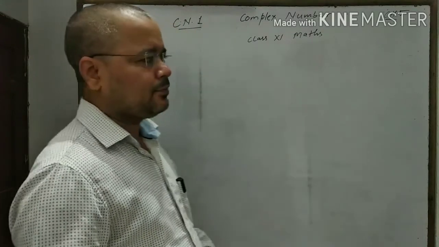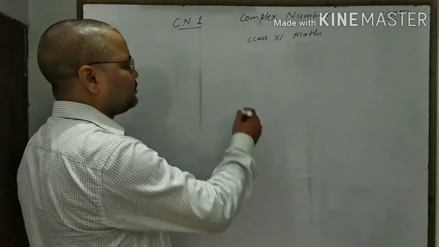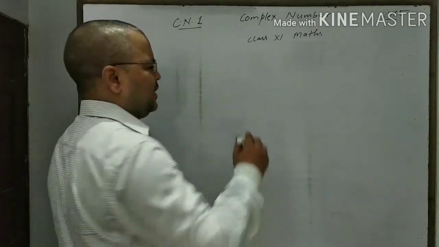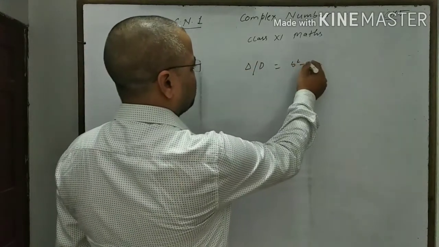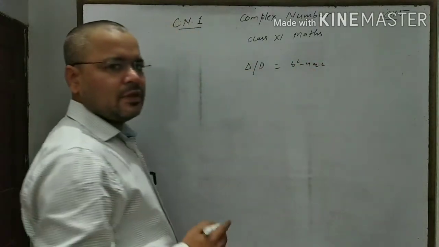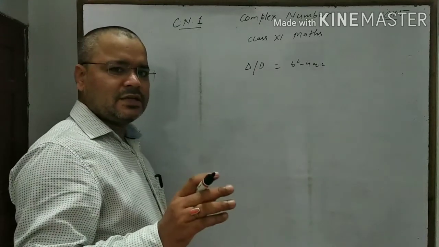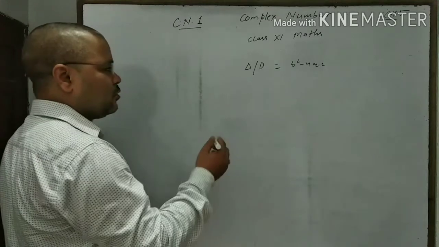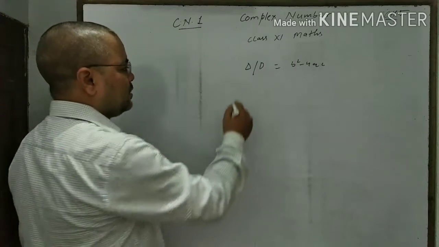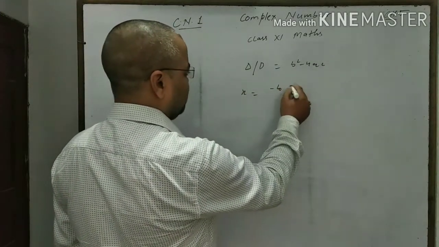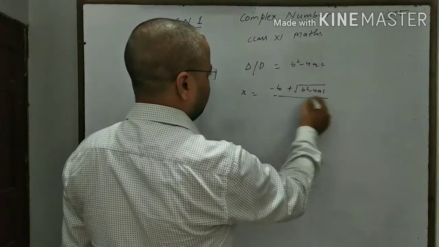Dear student, in class 10, I think you learned about the discriminant represented by D, that is b square minus 4ac, and you know where it is used? In the quadratic formula, also known as Sridharacharya formula, for finding the root of a quadratic equation, that is x is equal to minus b plus minus under root b square minus 4ac by 2a.